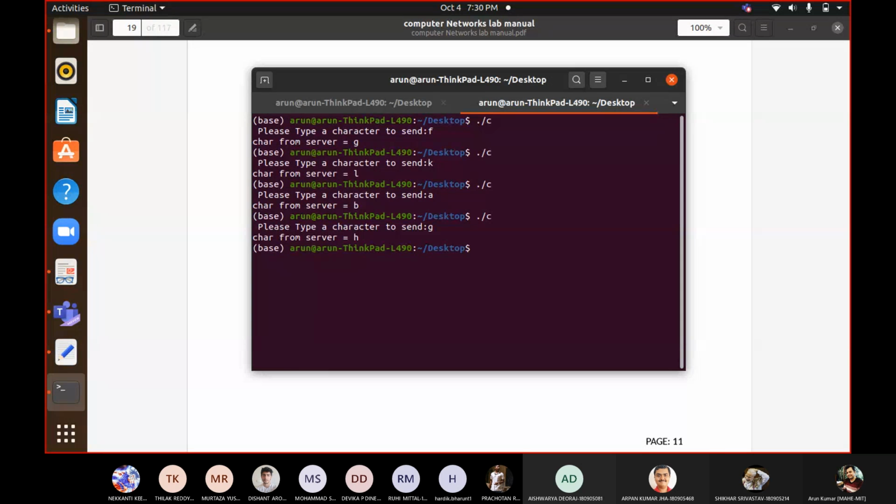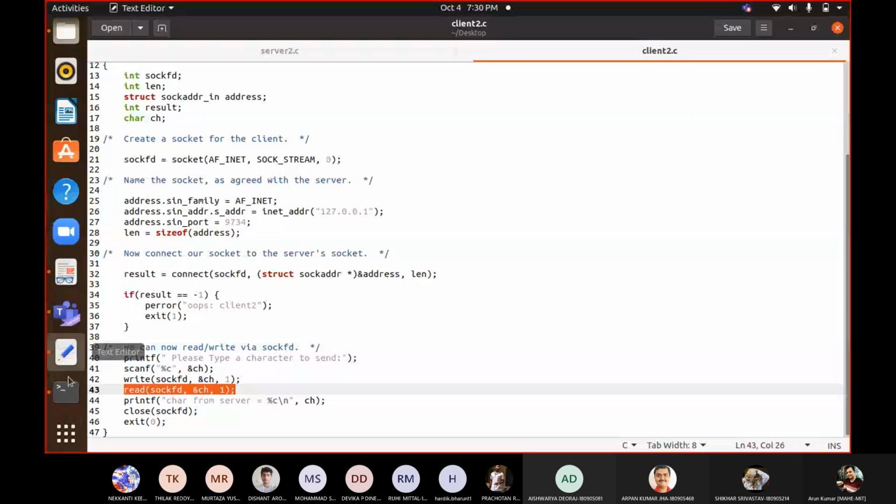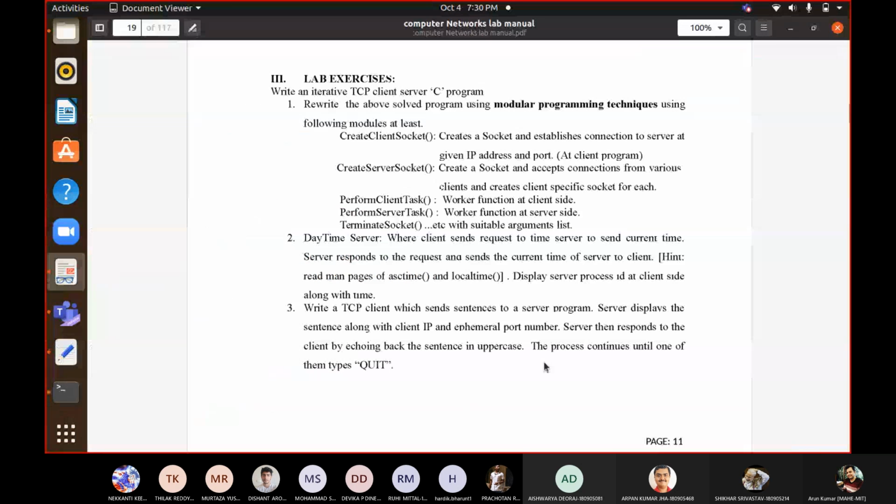It is simple. The program requirement here is that until the client side specifically mentions quit, until and unless you type quit, you are supposed to reuse the same client program. How can you ensure it? Anyone?